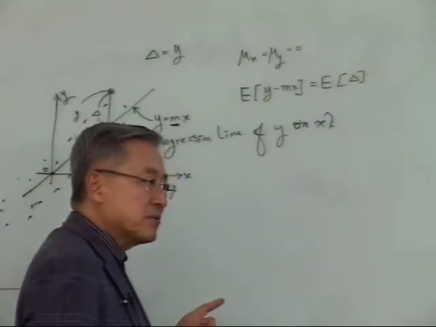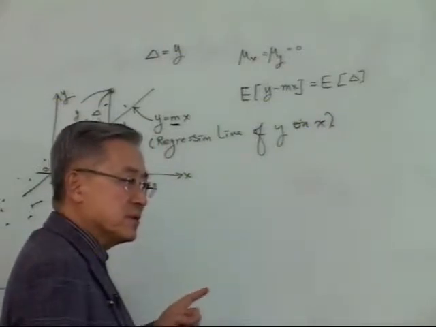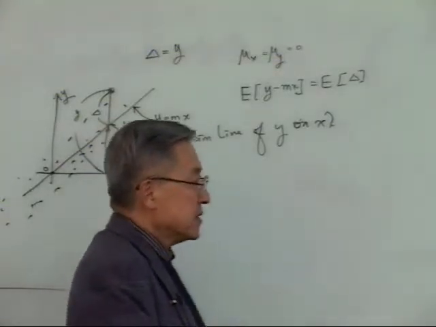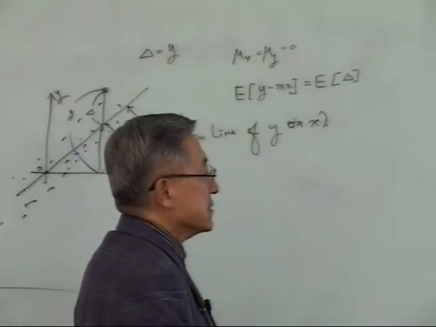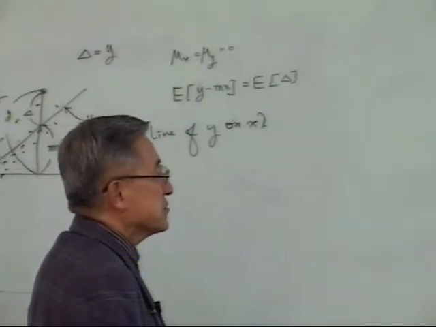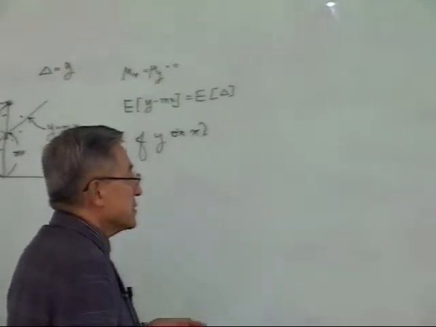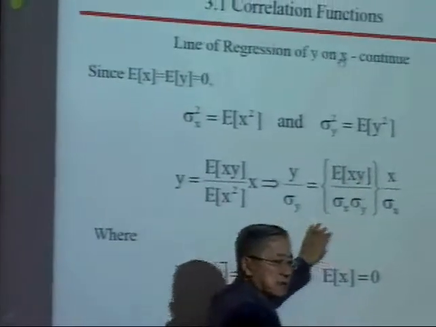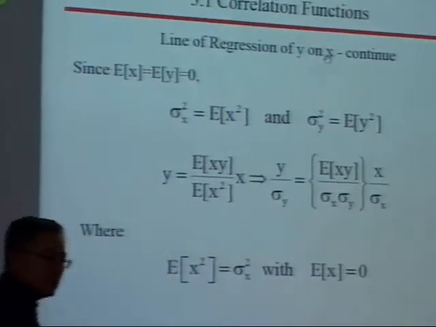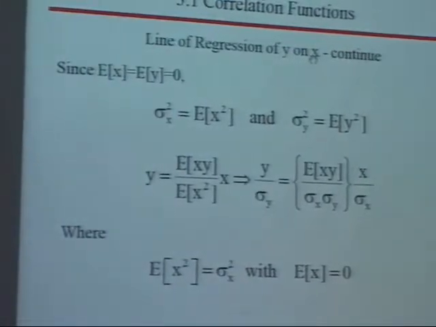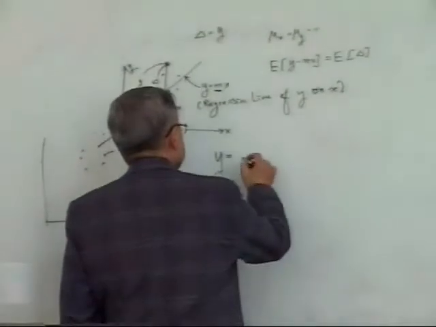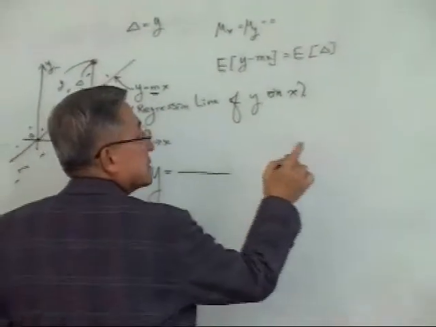So you take the derivative of delta with respect to m, then set it equal to 0. Then we got the estimate of m, the best fit m. So this equation is the beginning of the regression line equation of y on x. Then we developed the equation. The best fit equation is